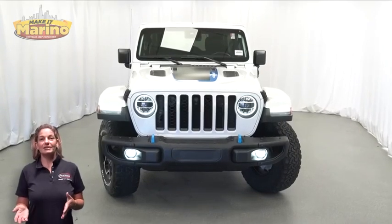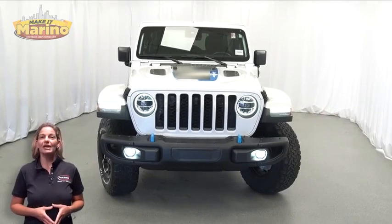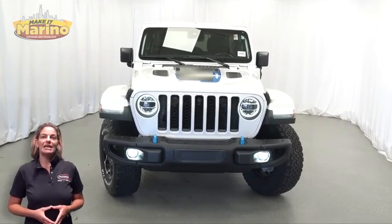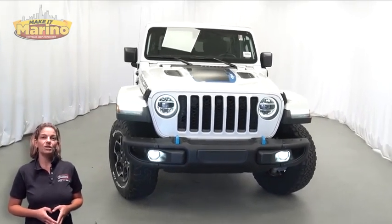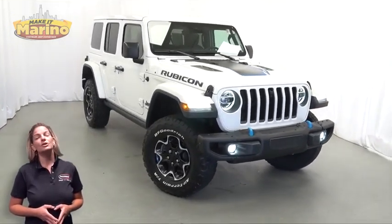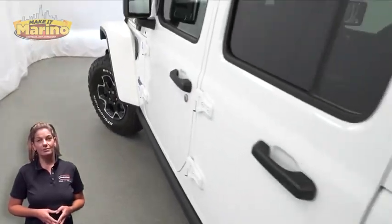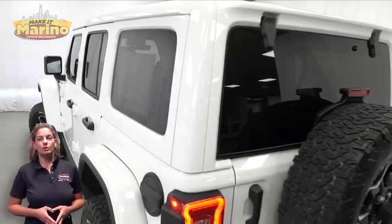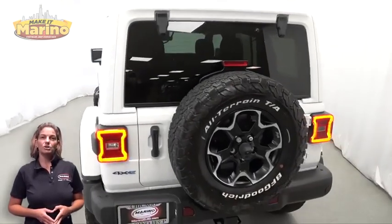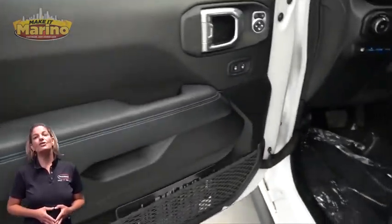Power, performance, capability, and capacity allow you to take this on and off-road as you take on new adventures. Take a look at this 2023 Jeep Wrangler Unlimited Rubicon 4xe in bright white. With LED headlamps, front LED fog lamps, 17-inch aluminum wheels, tow package, heated front seats, heated steering wheel, 30,000 miles